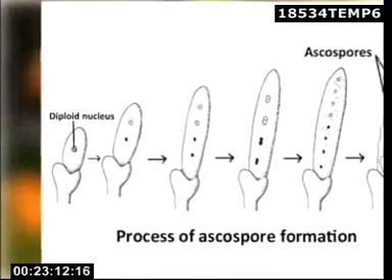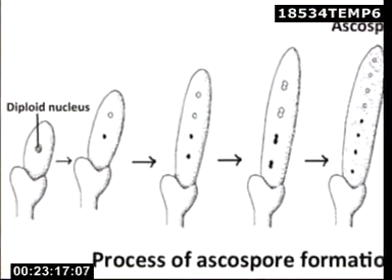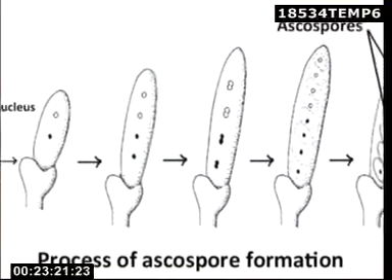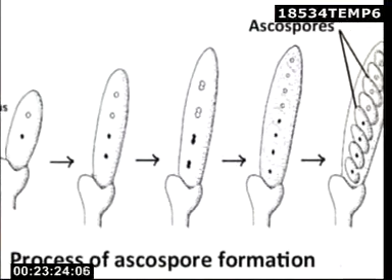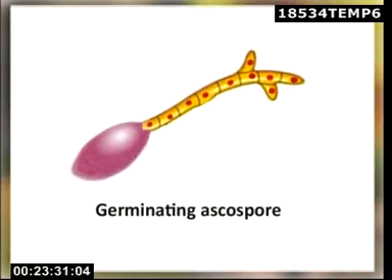Also, the ascus then elongates and the diploid nucleus by meiosis forms 4 haploid nuclei. Each haploid nucleus divides again by mitosis, resulting in a total of 8 haploid nuclei which metamorphose into haploid ascospores. On their germination, they form the primary mycelia which can produce microscopic hyphal mass. It represents the haploid phase of the fungus. Thus, in the life cycle of Peziza, there is a long haploid phase followed by a short dikaryotic phase and